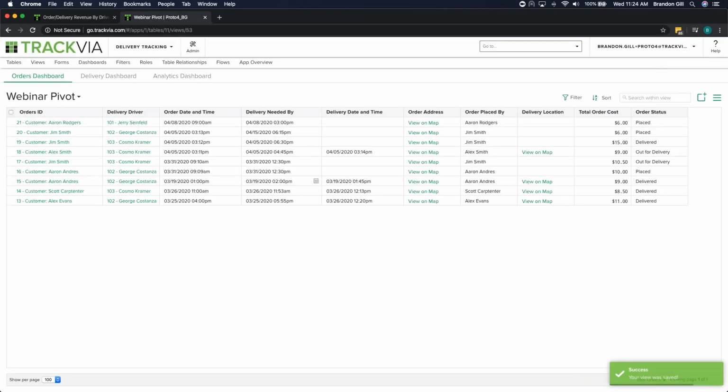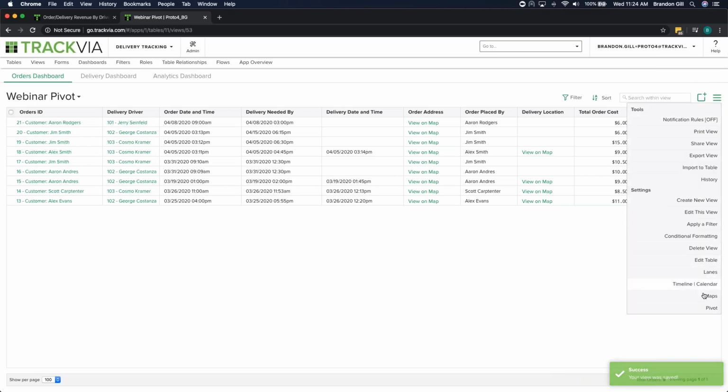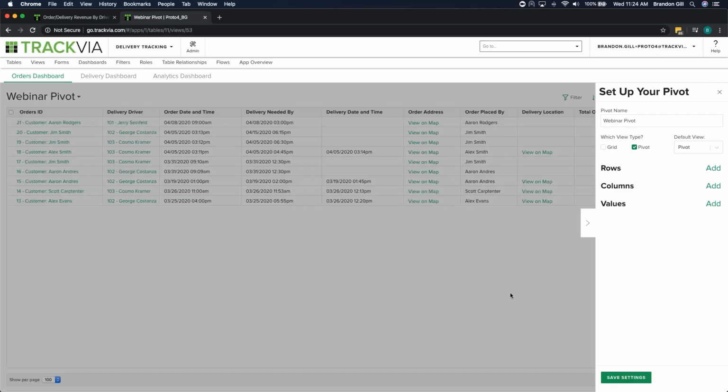Save and finish on that. Navigating back to our menu, we'll go down and select the pivot option. Now you'll notice when we set up a pivot view, it's a little bit different than our other view types. We actually get a menu that pops out on the right-hand side. It's not an actual pop-up menu that comes to us. So we're actually going to navigate everything from the side here,